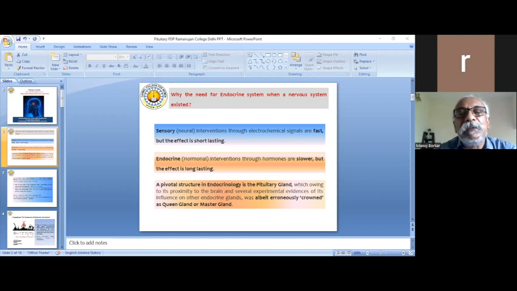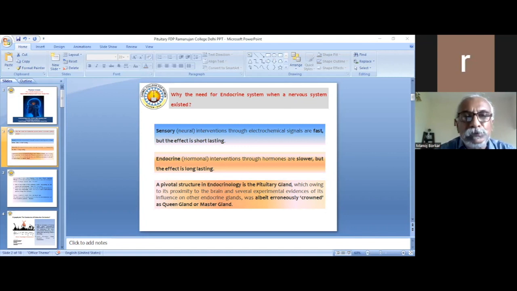So I think that's the crux of the whole discussion. Today, we're going to focus more on the pituitary gland, which is also called the hypophysis. It's a very tiny structure, not very accessible even for medical procedures. It's smaller than the smallest of the fingernail, weighs very little, except when we talk about the